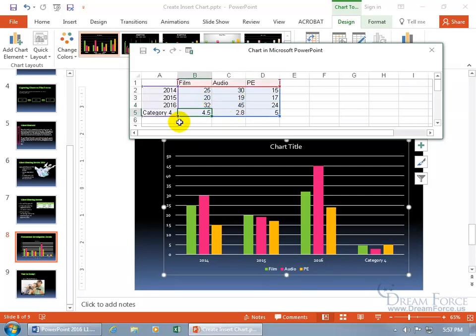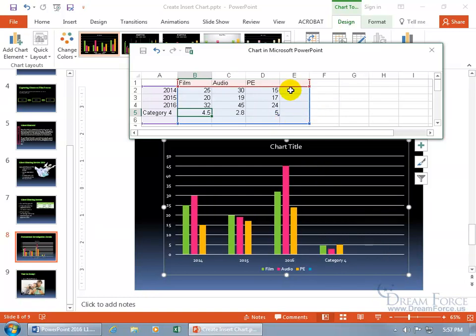Next, I don't need category 4, but that brings up a good point. What if you want additional categories or additional series, or in my case, I want not a 4th category, just the 3. So what you can do if you need to add more, just hover over. You see that blue little box right there at the bottom right hand corner, the resizing handle? When you hover over it, you get arrows pointing in opposite directions. Just click and drag that down or out and down, and then let go, and it adds a 4th series